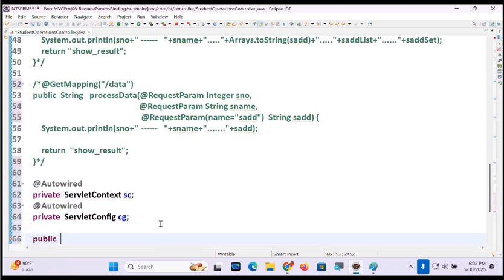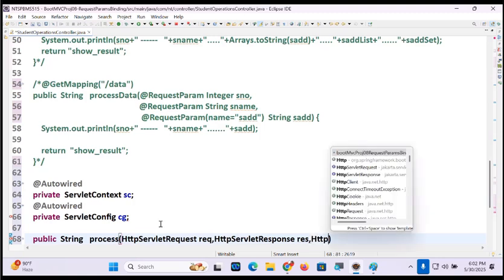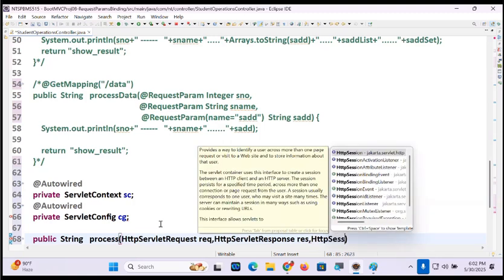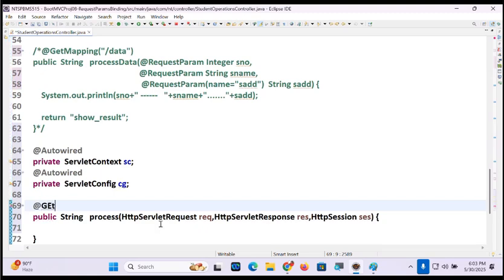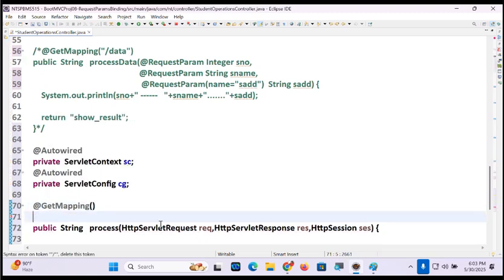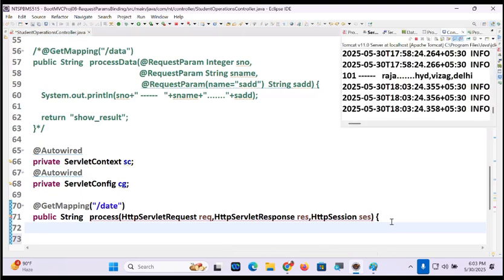Tell me, public String process, HttpServletRequest req, HttpServletResponse res, HttpSession ses, @GetMapping("/data"). Okay, I just want to prove they are coming, nothing else.